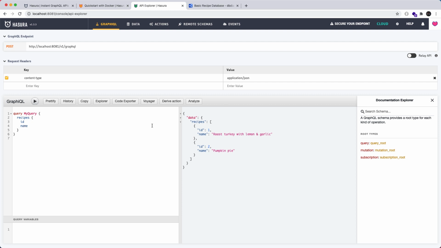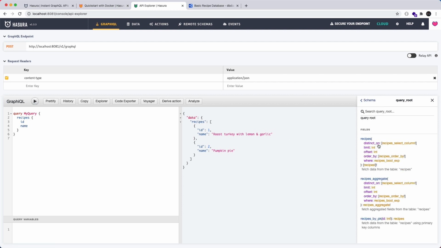So far, we're making queries. There are three different types of queries we can make. So there's recipes on its own, there's recipes aggregate. So we can make aggregate calls by using this method, or we can do recipes by primary key. So we can query a particular recipe based on the primary key. So if I test this out